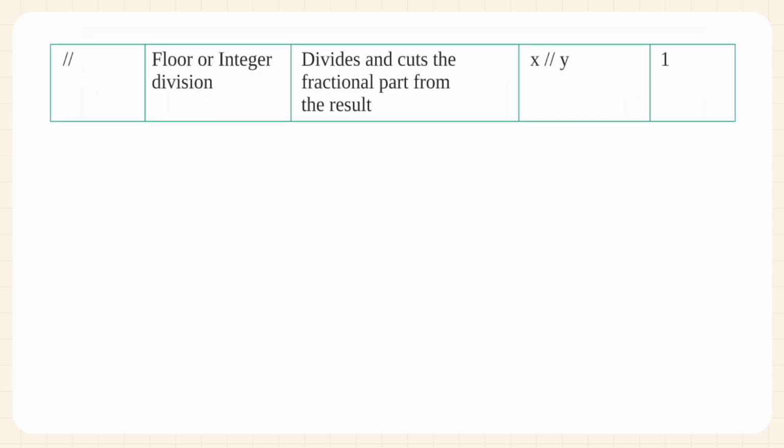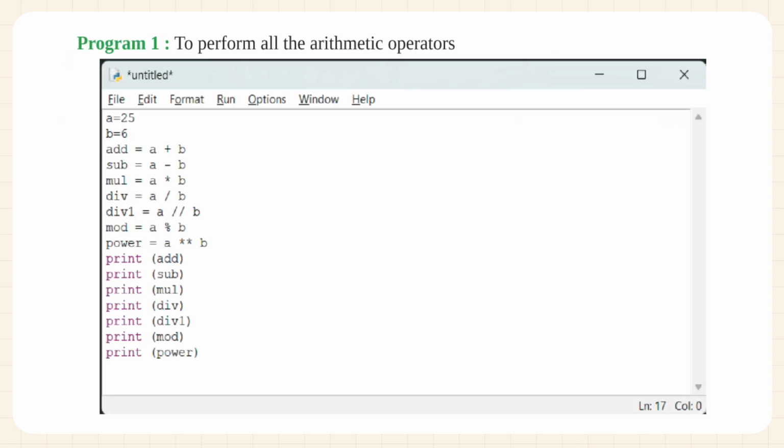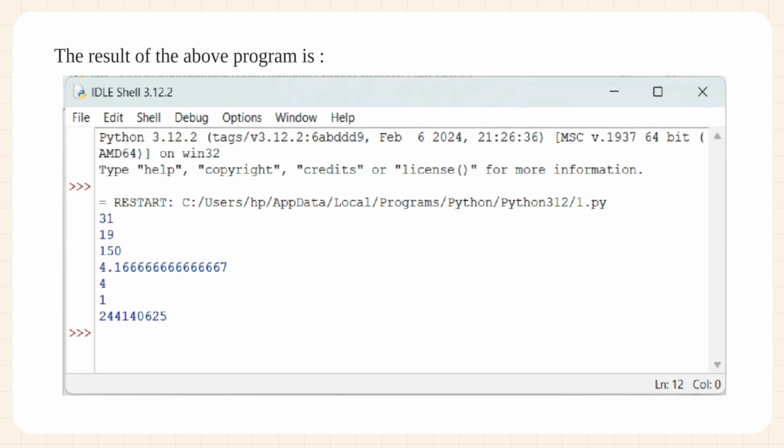Floor or integer division. Divides and cuts the fractional part from the result. x // y, 1. Program 1. To perform all the arithmetic operators. The result of the above program is